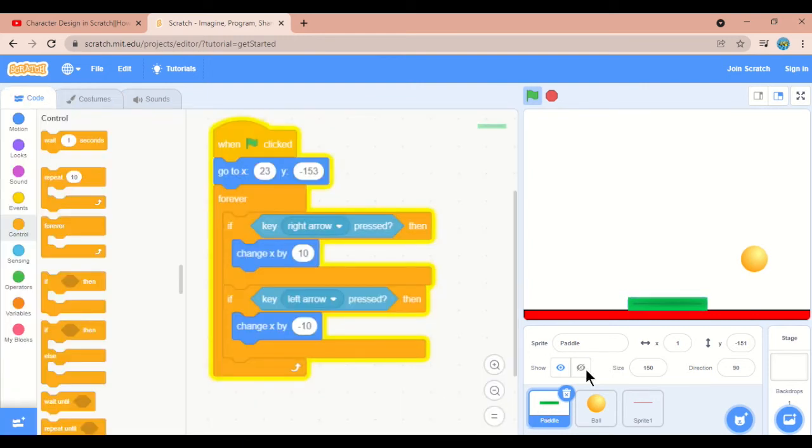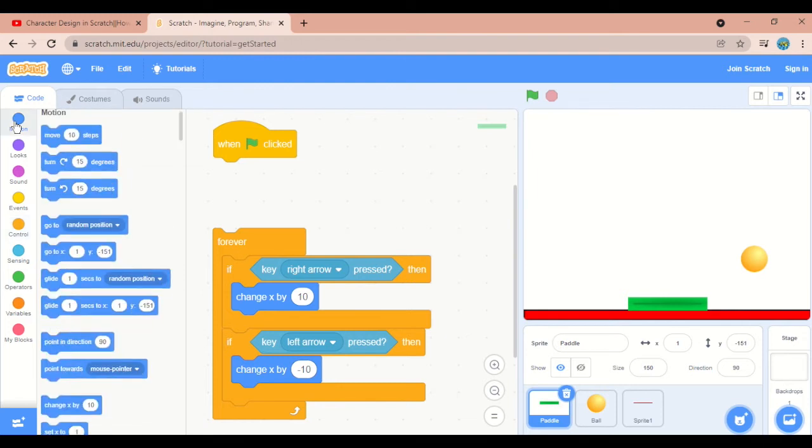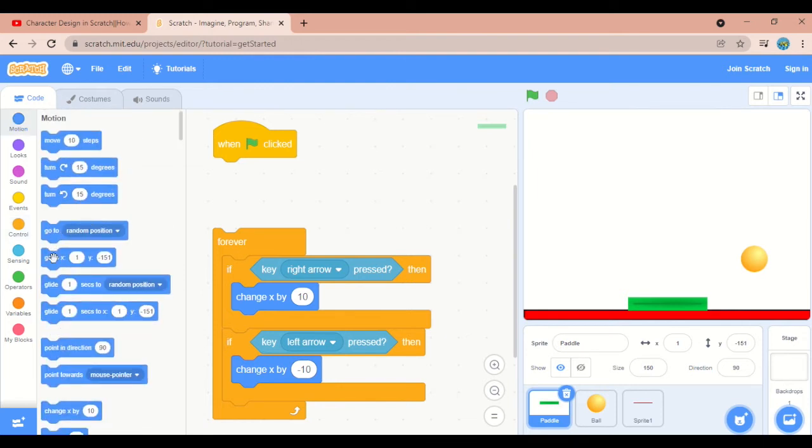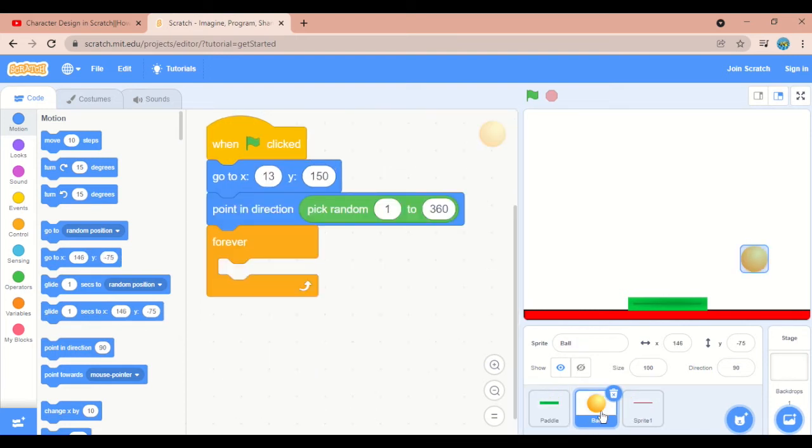make sure that paddle X is 1 and Y is -151. No, it's not. So what you can do, you can change that. Keep the paddle over here, then go to this motion, go to X, choose that position. Okay. Now go back to this ball,